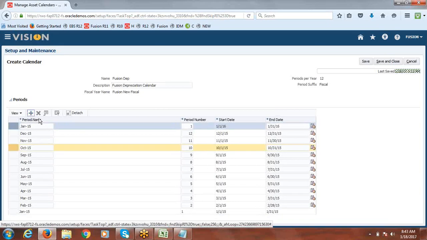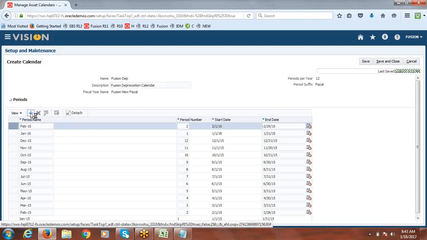From here it will auto generate. So you can keep hitting this add row icon.